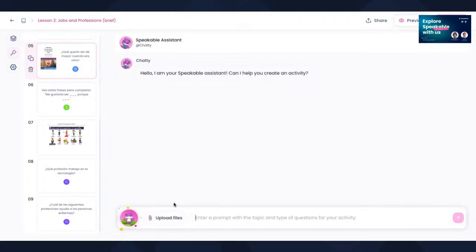And you can use a prompt for this, or you could upload a document and give it context. So if you have a lesson plan that's in a PDF form and you want to create a corresponding activity, you can upload it there. And it will consider that when it's creating something. But just to use a basic prompt here, let's say,